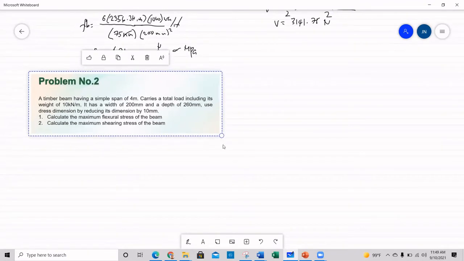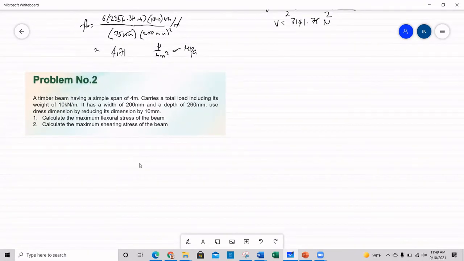Our second problem, you have here a timber beam having a